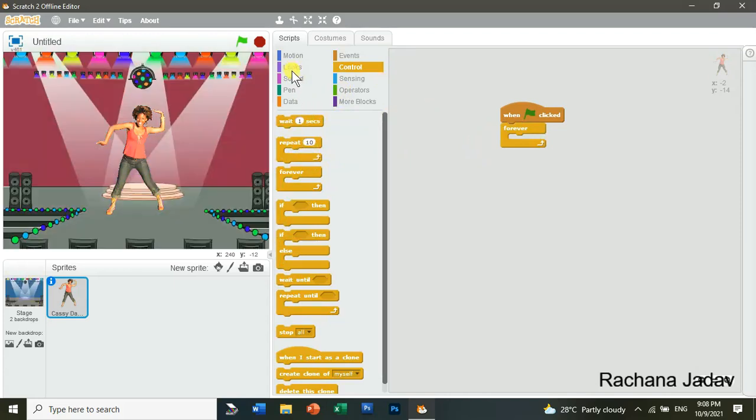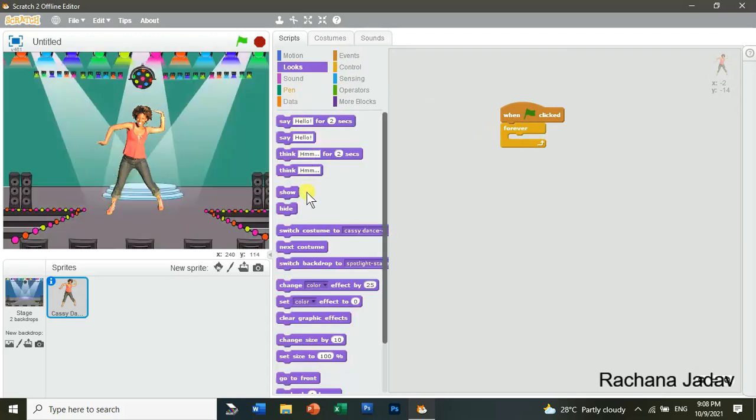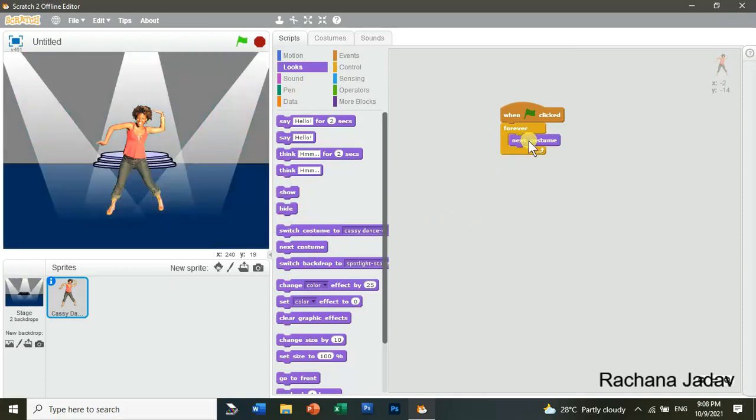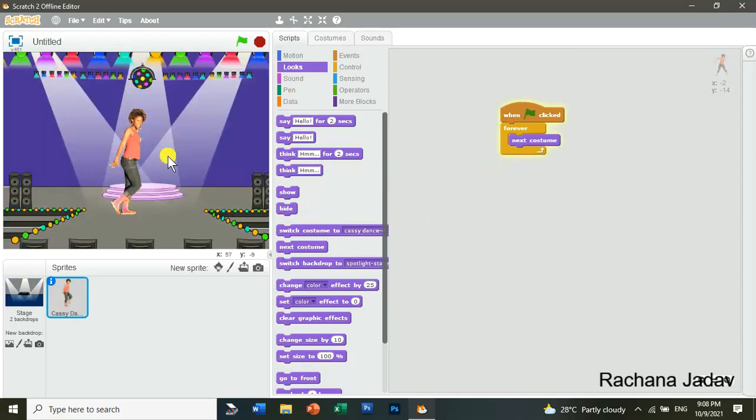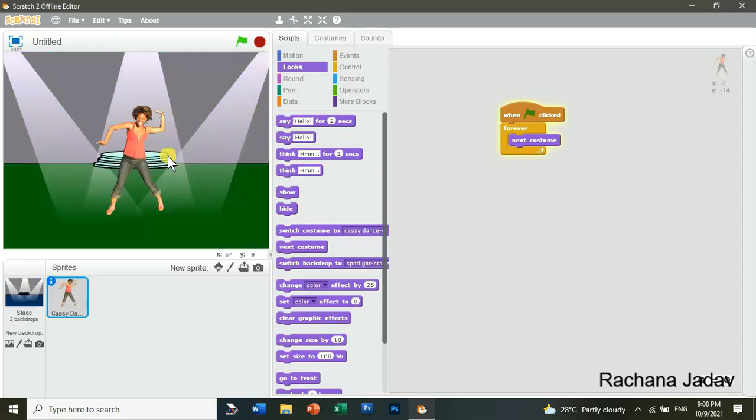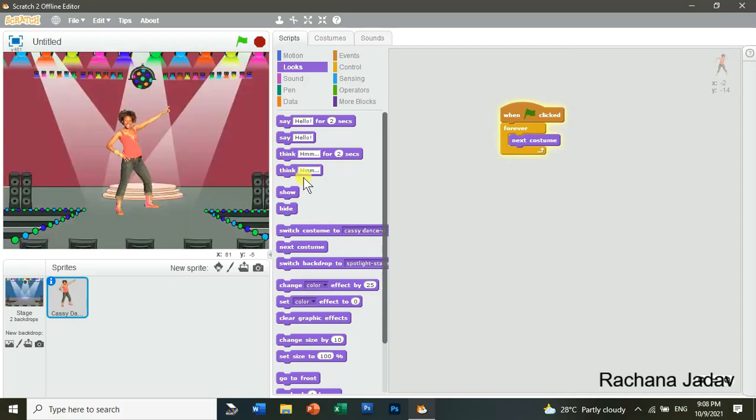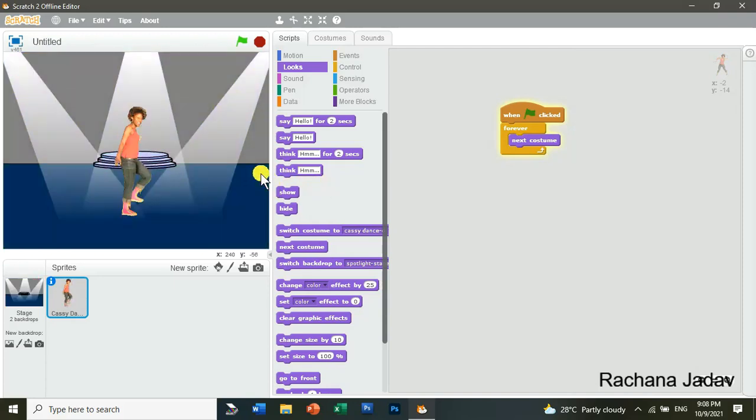Now I'll go with the next costume. Why the next costume? You must have seen that there were three others, right? We had done only one, but now look, there are three. Yes, so dancing movements, you can see your different dancing movements over here. So I think that I've cleared your doubt and everything is nice.